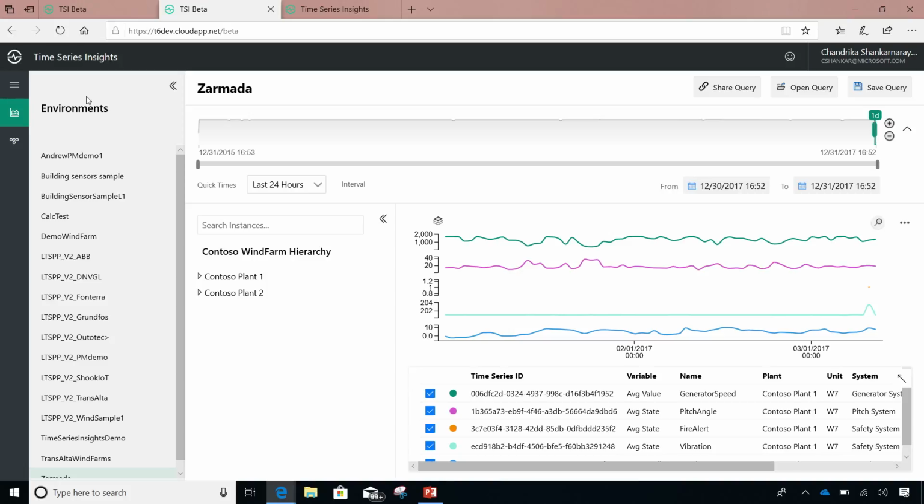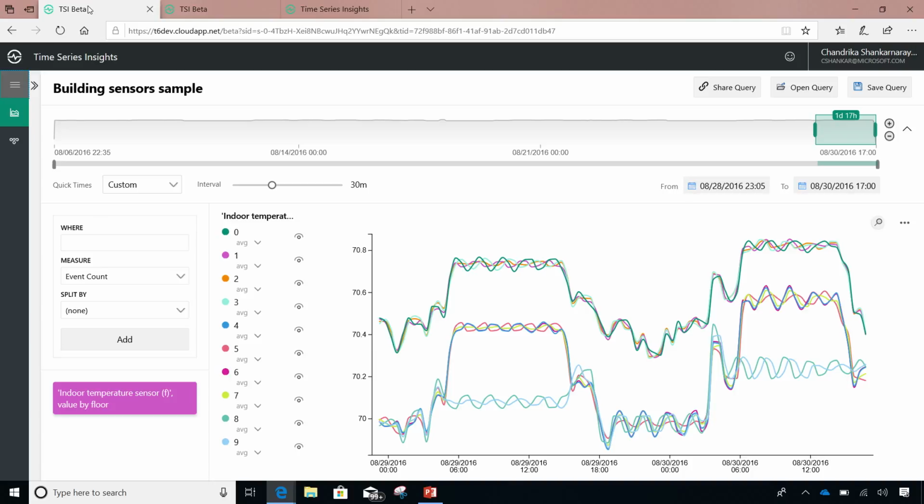So this is the new, or updated or enhanced, Time Series Insights experience. What we have is certainly we want to be able to allow customers to do data exploration like they are doing today. So we'll provide them the capability to do that, and I'll switch out to a separate browser simply because these are bits that are still being cooked, and I'll make sure that I can showcase all the capabilities. So these are real bits, though. Real bits. It's not a screen capture.